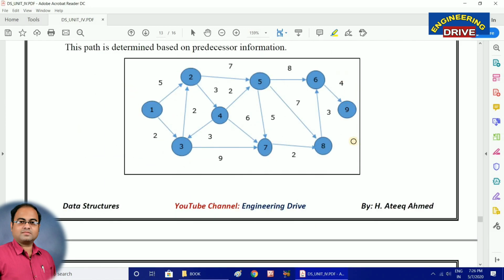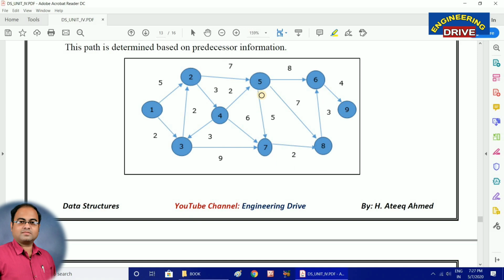This is the graph. Let us see whether this matches the conditions of Dijkstra's algorithm or not. The first condition is that the edges must be directed. We can see here the edges are directed, so no problem. And the cost on each edge should be a non-negative number. You can see this is positive, this is positive, all the numbers are positive. So both conditions are satisfied, which means we can find the shortest path now.